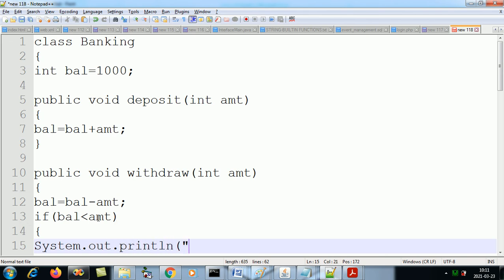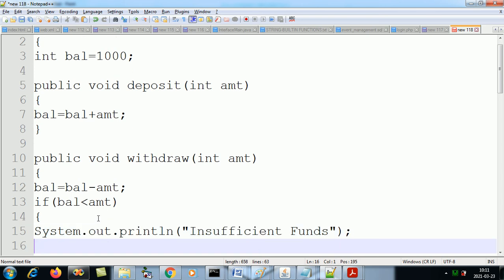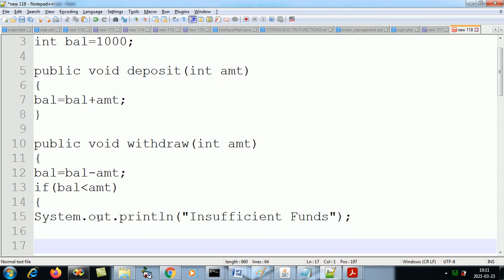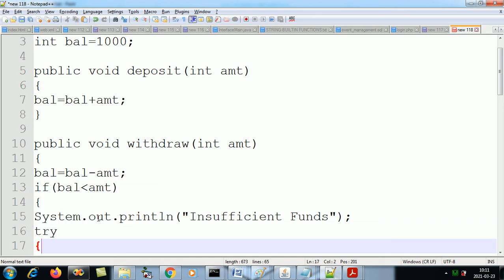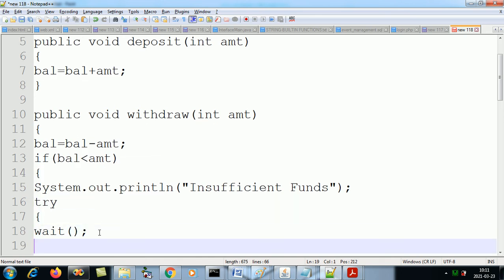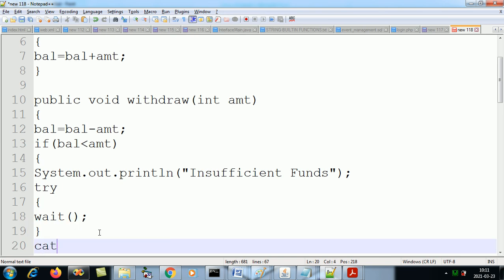What will we say? Insufficient funds. And then what do we have to do? Wait. Then we have to wait, right? And as mentioned, can we call wait directly? No, we'll have to call wait in try catch. So try, and let's give a default catch with the default exception.